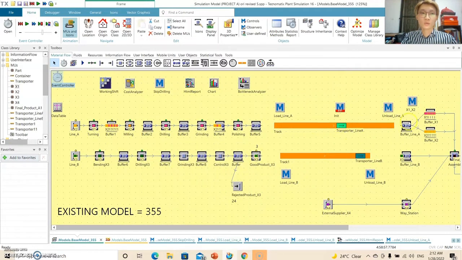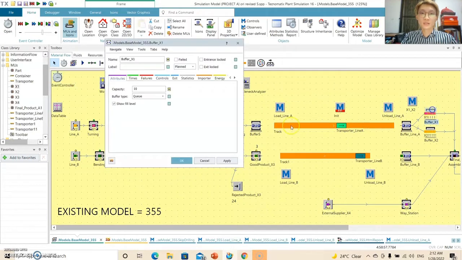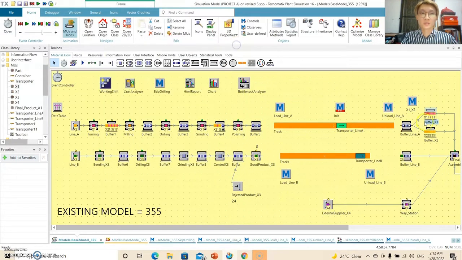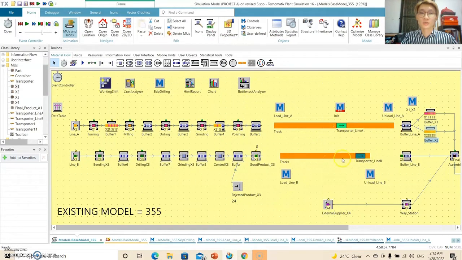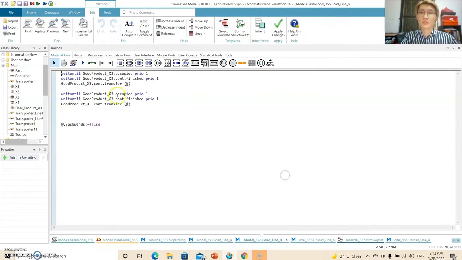After one time, as you can see, that is 10 X1 and 10 X2. So the total is 20. Same goes for transporter line B, which can only transport 2 items. So we do 2 replications